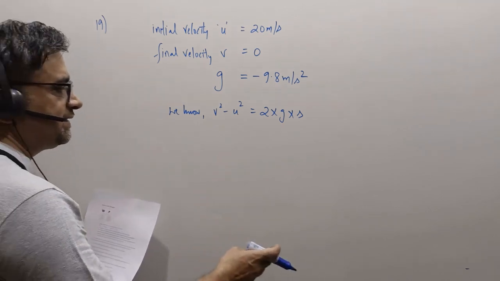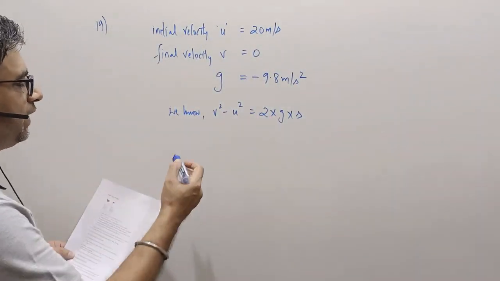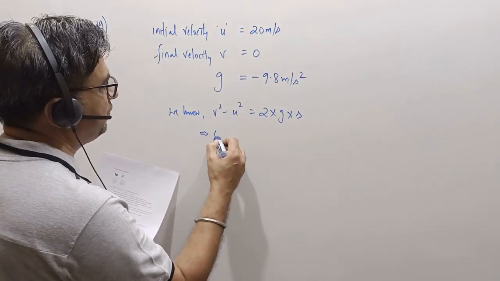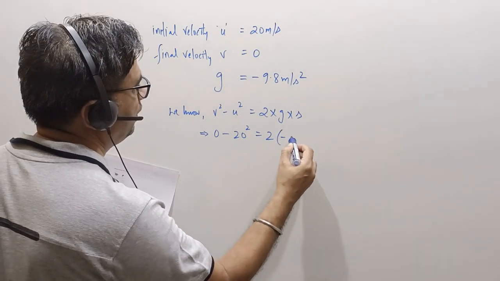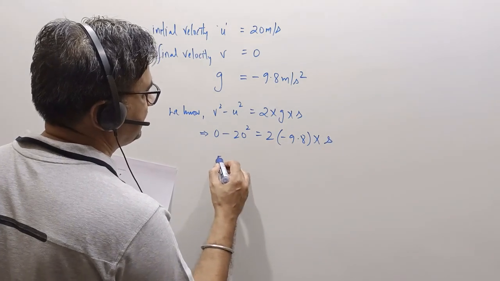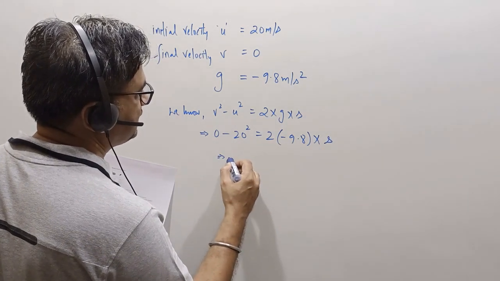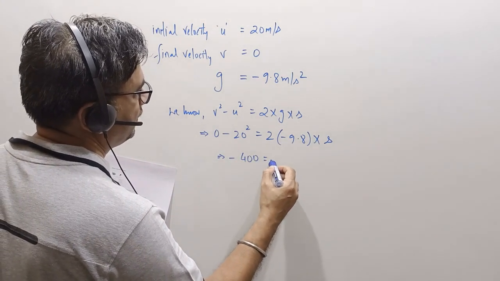Let's find the distance first. So this gets us to 0 square minus 20 square is equal to 2 into minus 9.8 into distance. That gets us minus 400 is equal to,